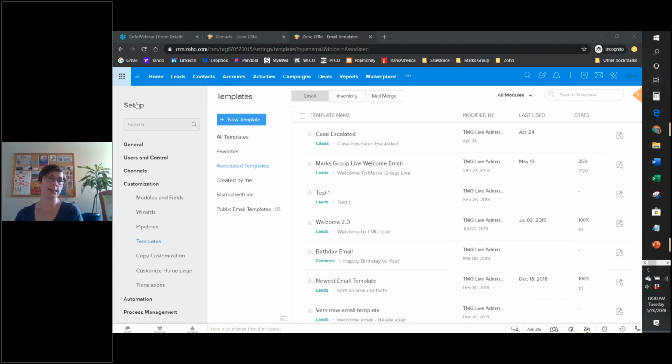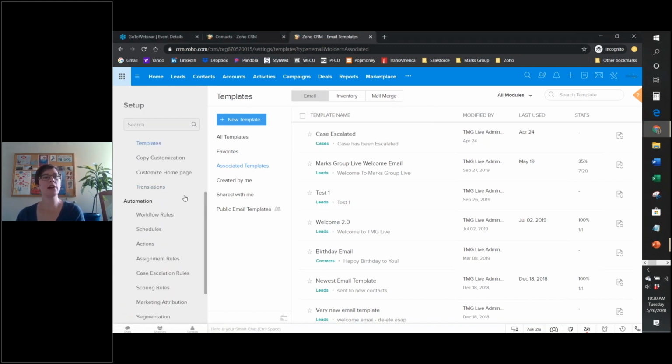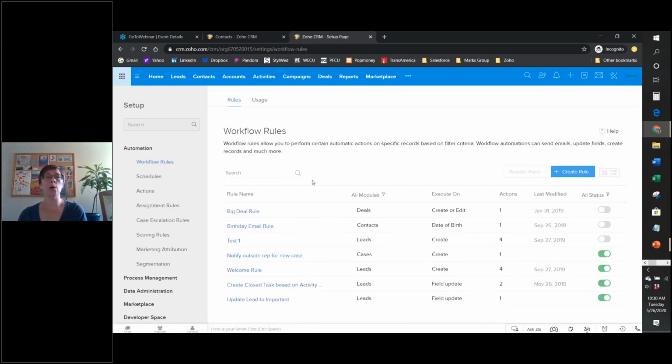So again, we go to our setup panel. It's down in our automation. There's actually a couple different things that we can do with our automation. I'm just going to look at workflow rules for right now because they're the most easy and the most basic. So right here, we have the workflow rules that already exist. If I click on any one of these, like the birthday email rule,